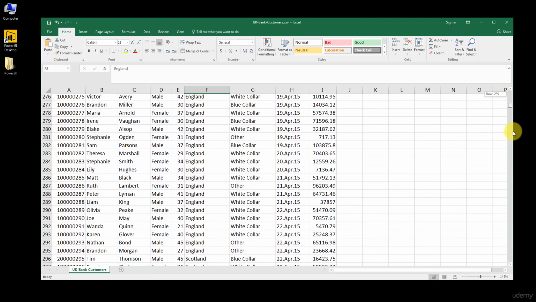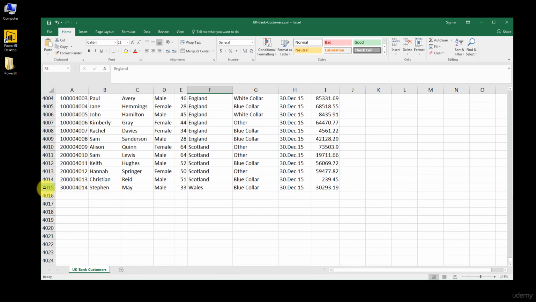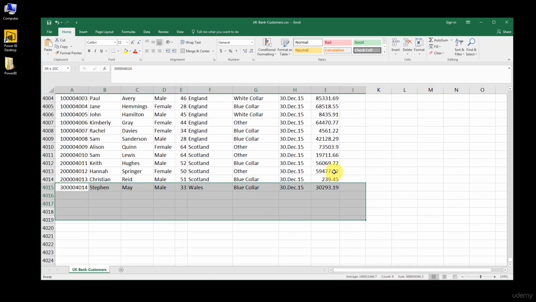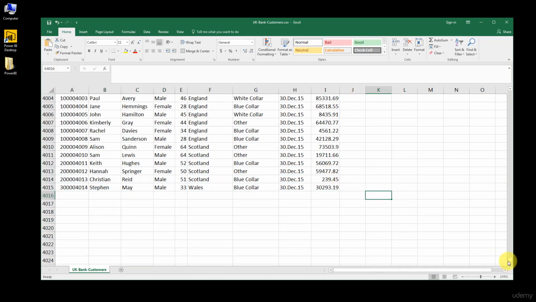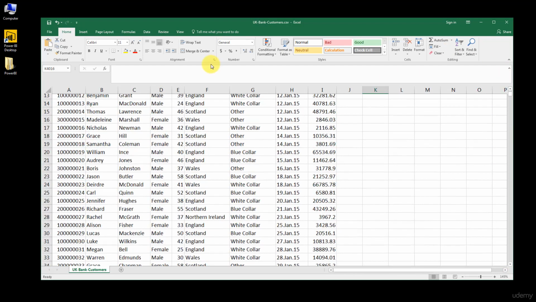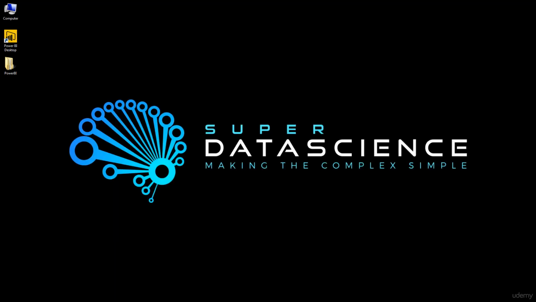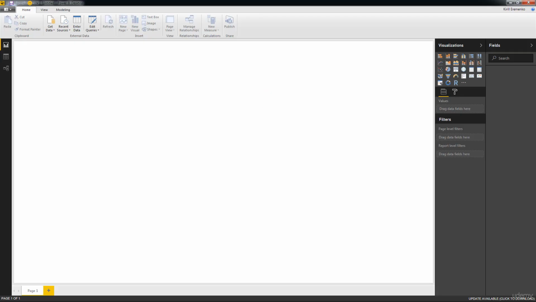And so if you scroll down to the bottom, you'll see that we have 4,015 rows, actually 4,014 because one row is a header. And yeah, it's a moderately sized data set, and it'll be interesting to see what kind of distributions we'll find in here. So let's go ahead and close this, and now we're going to bring up Power BI and connect